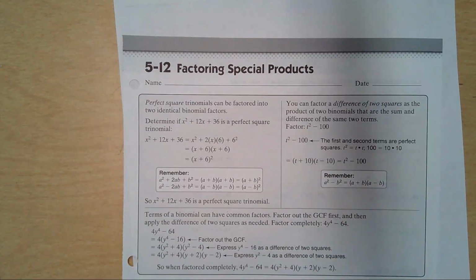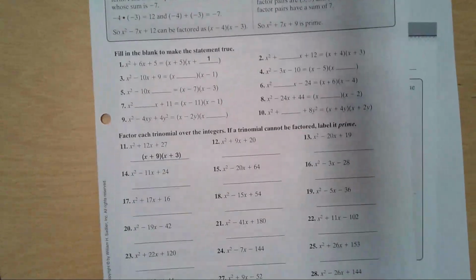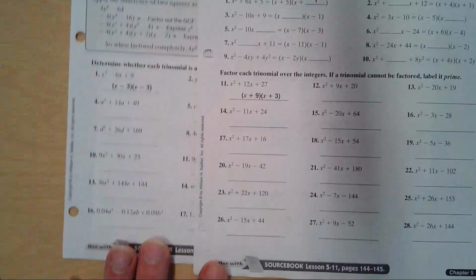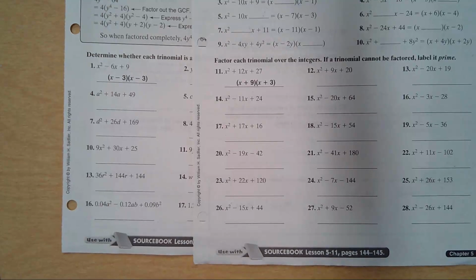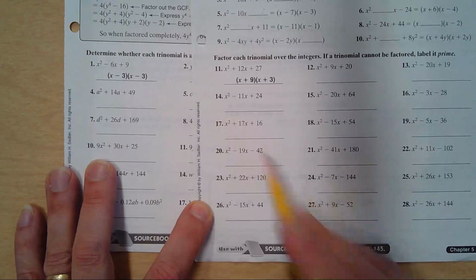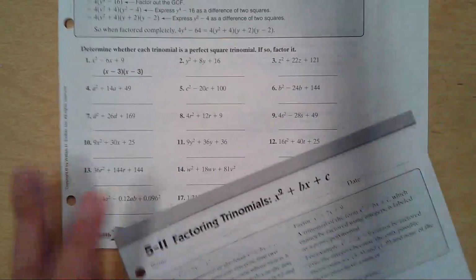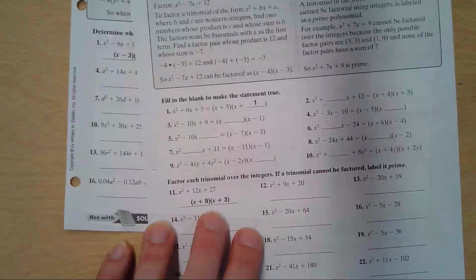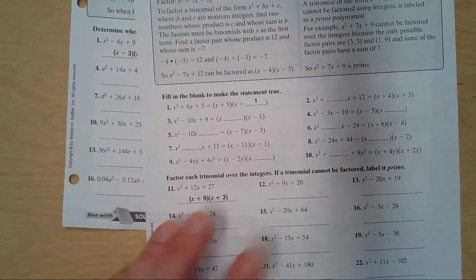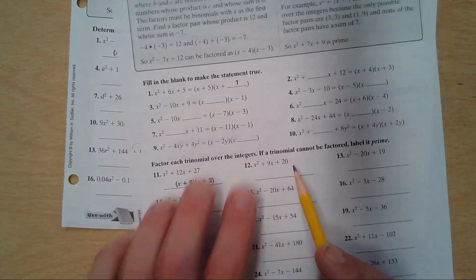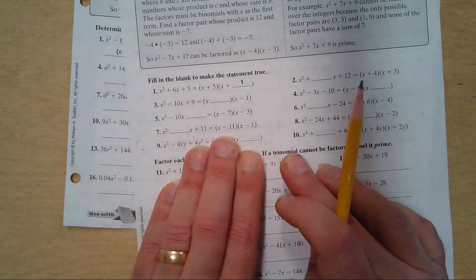512, factoring special products. Ultimately, if you look at 511 and 512 side by side, you'll realize there's not a ton of difference. Polynomials on both sides. One of the differences is in 511, when you set up your two binomials, that would be your answer, you would always have an x and an x, and then whether it's plus or minus and what numbers go in there, you use the process there, figure out what times what equals that, and then that same two digits need to add up